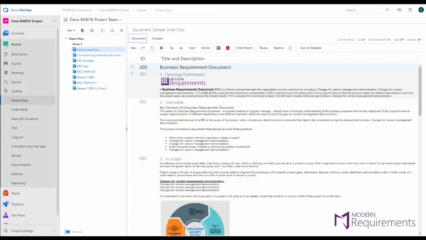Now, Smart Docs allow you to bidirectionally link your requirements that are in documents to your project. What that means is if you're over in the backlog and you change a requirement, you don't need to go find all of the different documents that requirement is in and change those as well. The changes get reflected automatically. This cuts down on the time that your BAs spend finding requirements in different assets and updating them appropriately. So you can go ahead and build your documents in your project, as well as